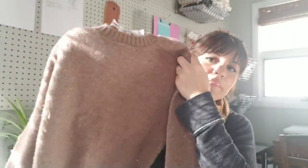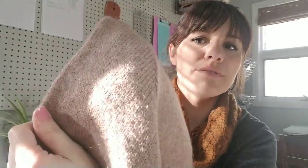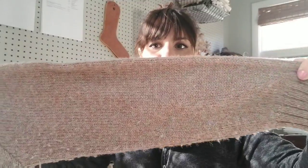So there's that. And then, kind of on the subject of reusing, I haven't done it yet because I have to figure out how to de-seam, but I have a couple of sweaters. This was from my mom. I think she got it from the thrift store. It's this really pretty taupe wool, but it's got some pink in it. It's a heathered neutral, and it's well worn. I think technically the sweater would actually fit me, but